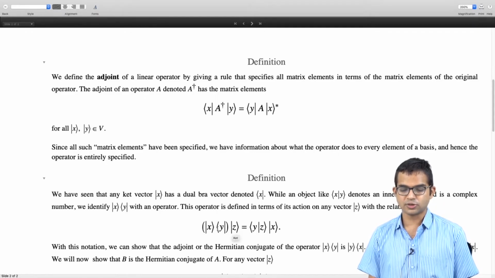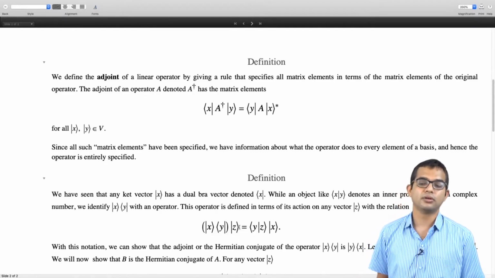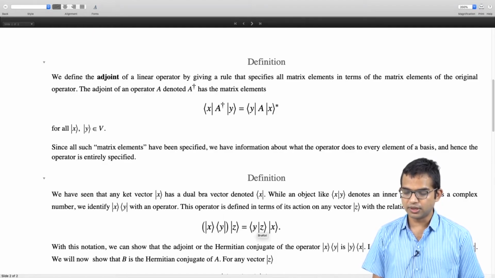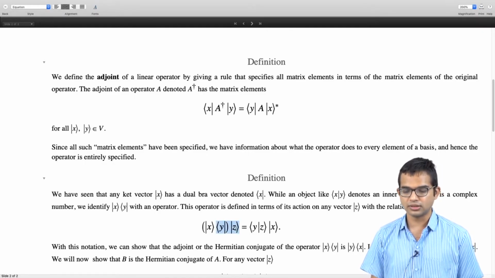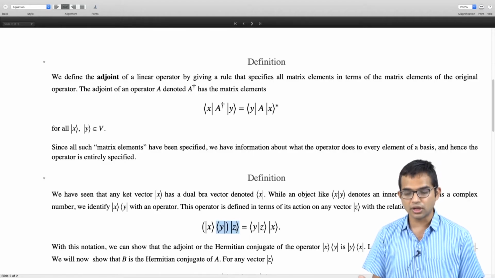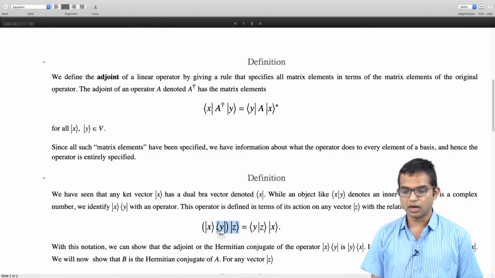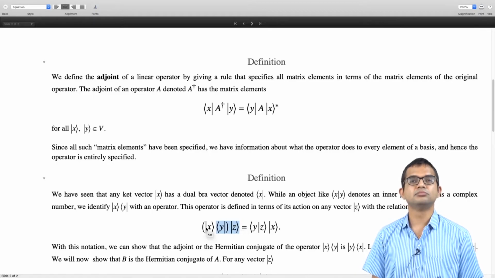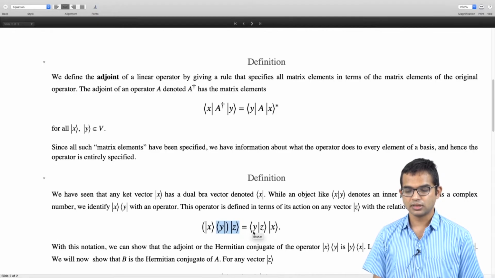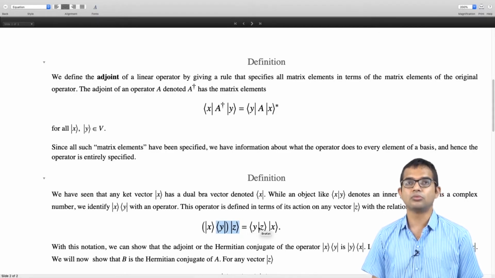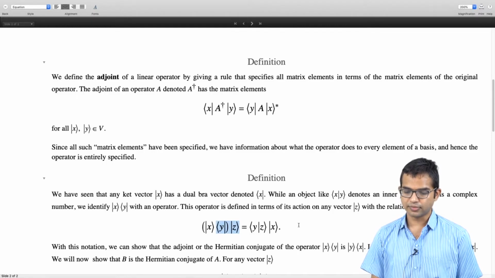So you have an operator |x⟩⟨y|, it acts upon |z⟩, some other vector, and it's simply defined as |x⟩ times the inner product ⟨y|z⟩. So you must think of this part becoming an inner product, right? This is in some sense the power of Dirac's notation. You can take this bra vector, and it will just merge with this ket vector z, and you are left with the vector x times this complex number, the inner product of y and z, right? So that's the definition of this